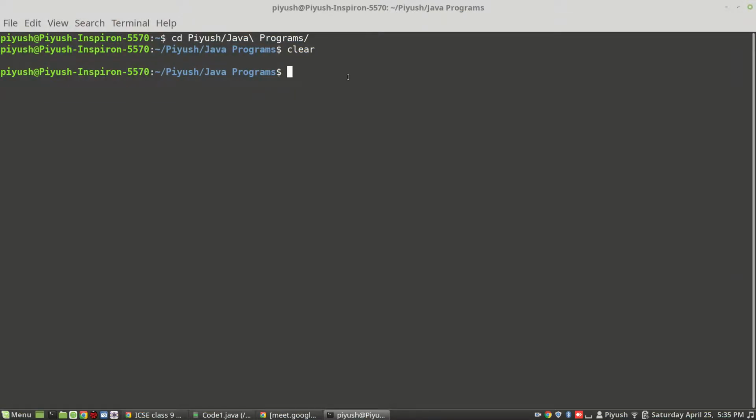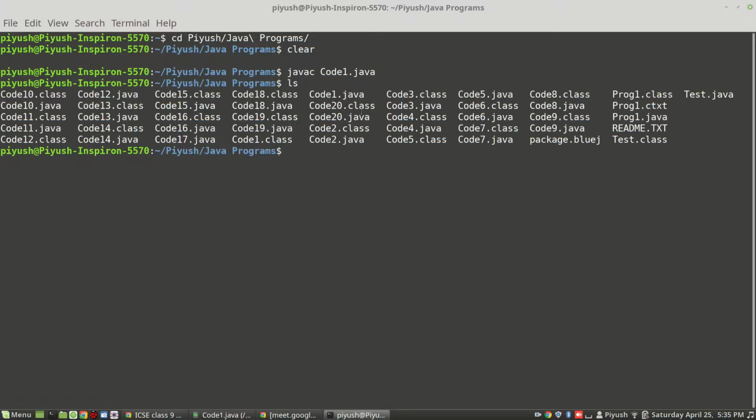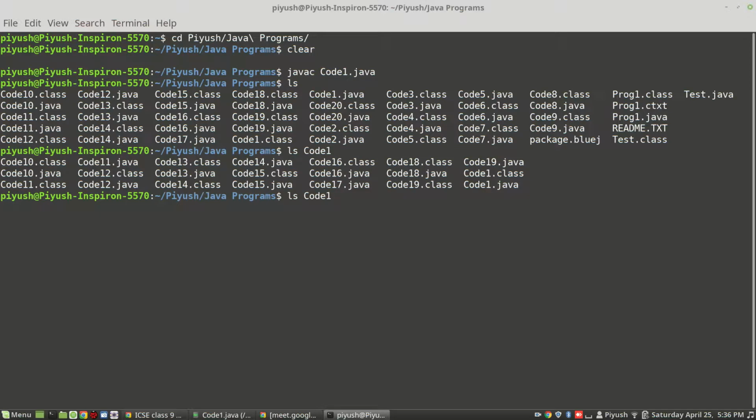Let us see. This is the very first program that we are executing. Its name is code1.java. See, it has been compiled. That means machine level language code must have got generated. You can see, ls, code1.class exists at this location.